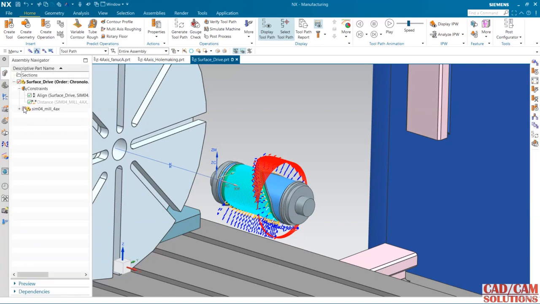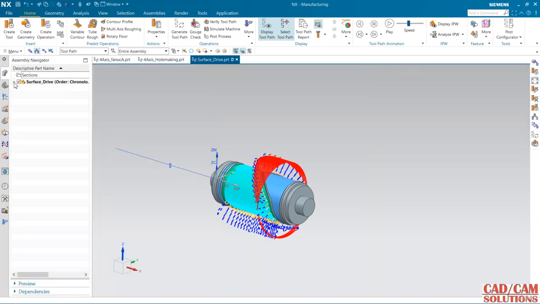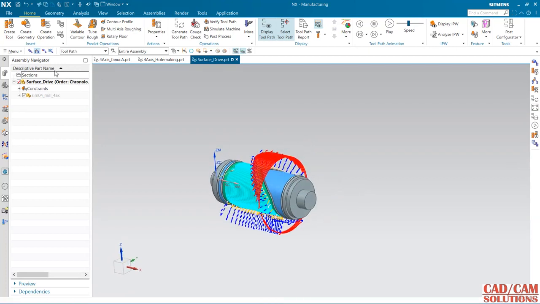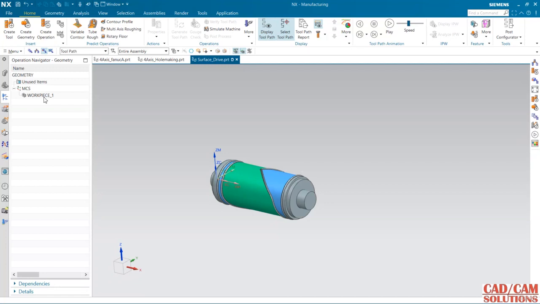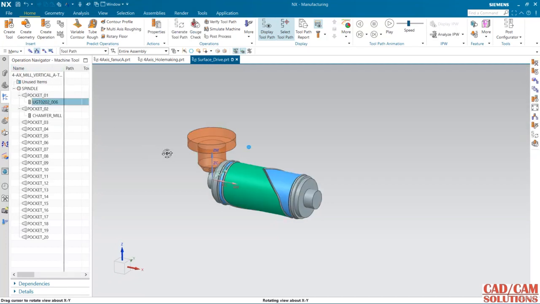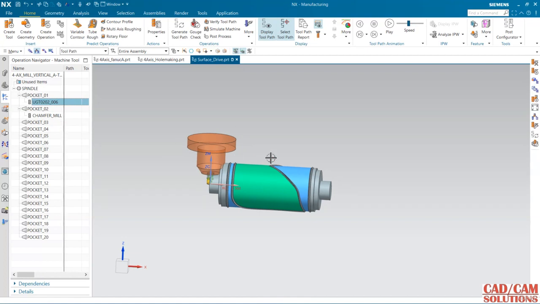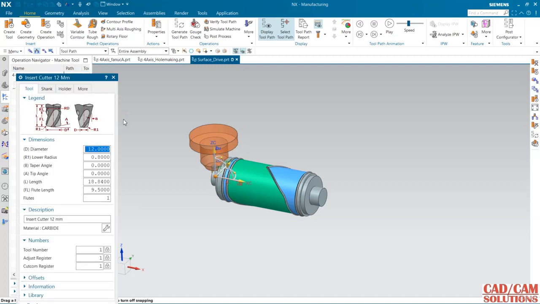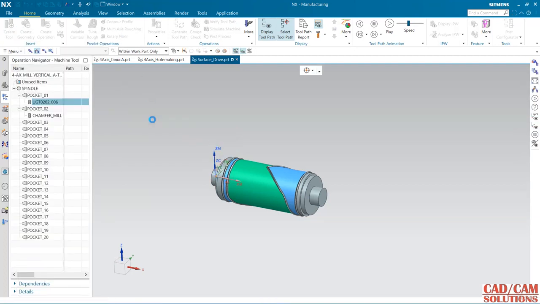So first I'm adding this machine. Okay, and for constraint, add this constraint or delete this, and part and tool. So I'm going to use this tool. This is a tool from the library. 12 is the diameter,